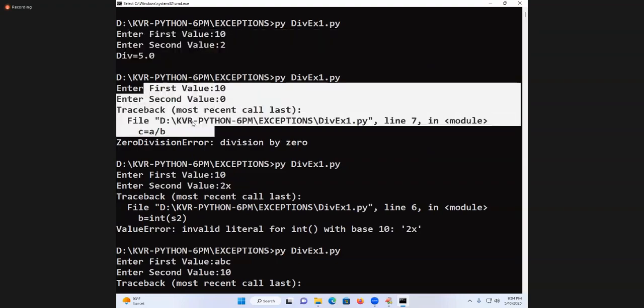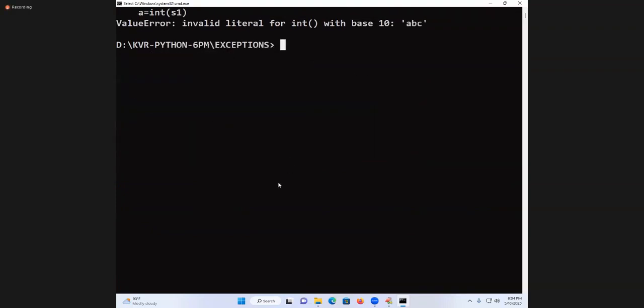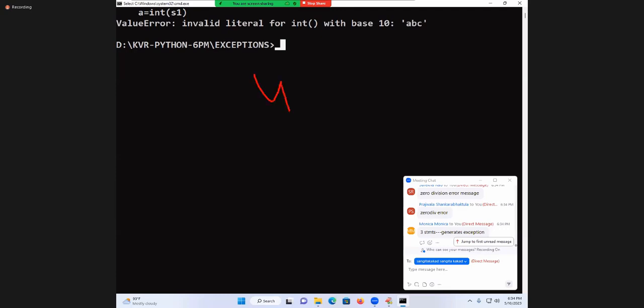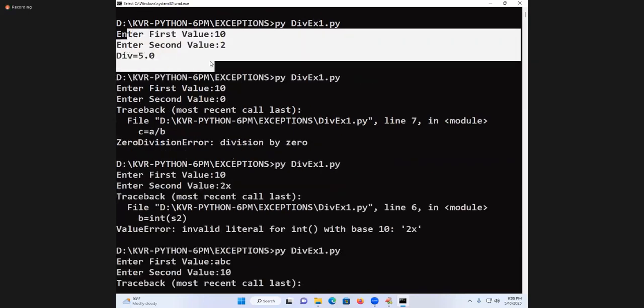Now see my successfulness here. First time success, second time unsuccess, third time unsuccess, fourth time also unsuccess. So totally I am running how many times? 4 times. Out of that, 1 time success, 3 times unsuccess. My program is called what? A weak program. Such programming we should not try. So far what we did? We only developed it and we only executed it. So it should always be strong. If you develop the application and when I run it, it satisfies my requirement, then your program